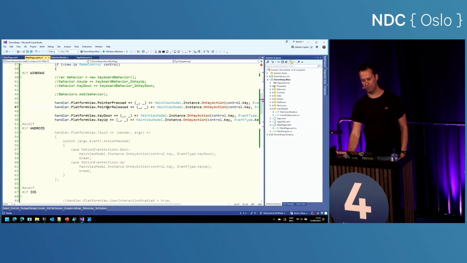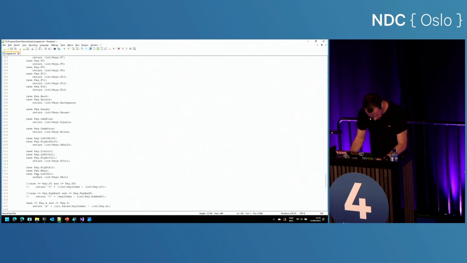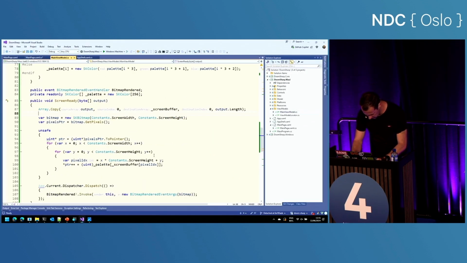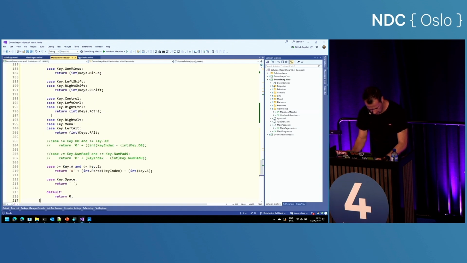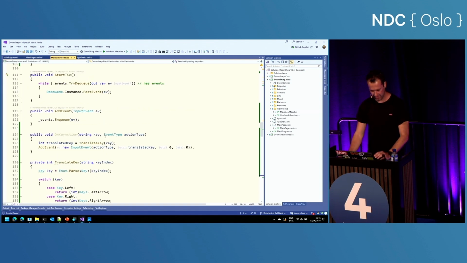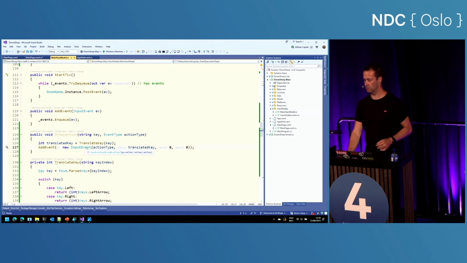So now we can call into the events of the native platform control, which is perfect, exactly what we needed. Let's take this one, scroll a bit, and this goes into the main view model, somewhere at the bottom, like this. So what this does is, it's the on-key action and the translate key. So we will take the virtual button that was pressed, the virtual key, we will translate it into a physical key, and that will go straight into the event queue of Doom.